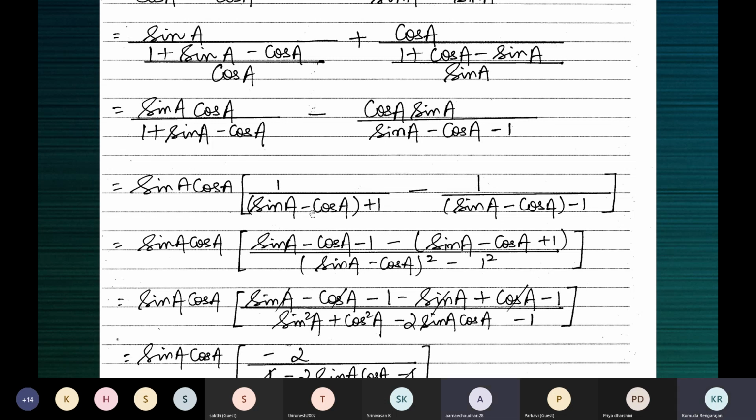Understood. Thank you. When you take up the common denominator, this denominator into this denominator is the common denominator. So when we do that, this is what normally happens. All these terms will go up to this numerator, since it's one multiplied by this and this one multiplied by this one. But since it's one, all these terms will go here and these terms here.